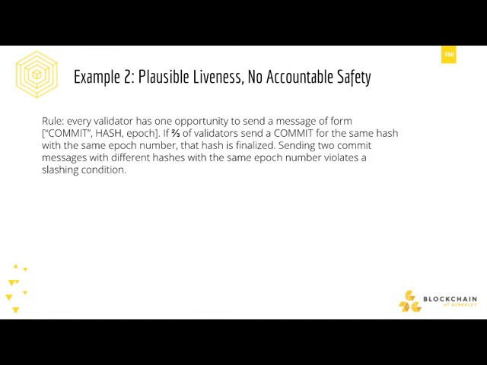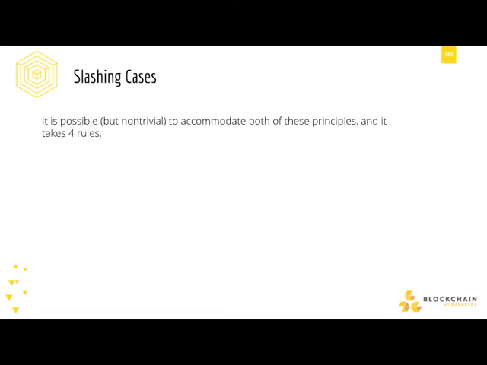And then the opposite situation, in which you have plausible liveness but no accountable safety, is: imagine a situation in which you commit to a specific hash at a specific time as well. And you have to have 2/3 of validators send a commit for the same hash at the same time. So in this situation, is it live? It is live. And the reason why is if you get into a 50-50 situation like last time, just do it again. That's totally reasonable. But is it safe? And the answer is no. The reason is that you can have inconsistent finalized hashes at 2 different times. So again, you have a situation in which you have inconsistent history.